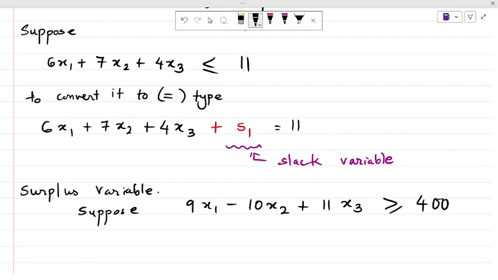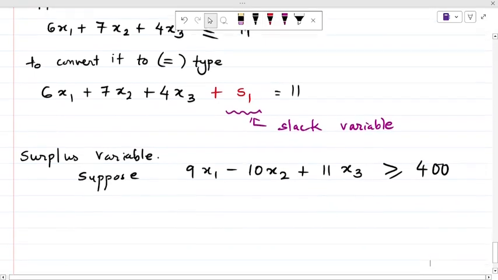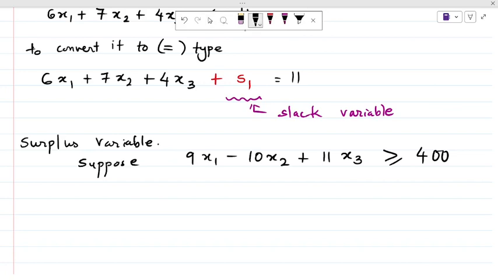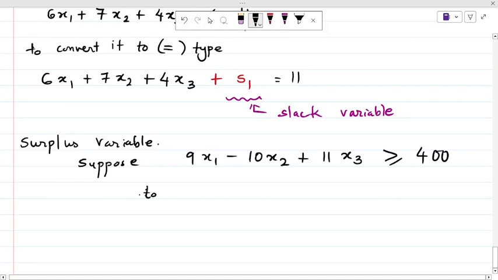Suppose some condition is like this, then what do you do? Now the LHS is more than the RHS, right? So in order to make it equal, we subtract. To convert it to equal type,